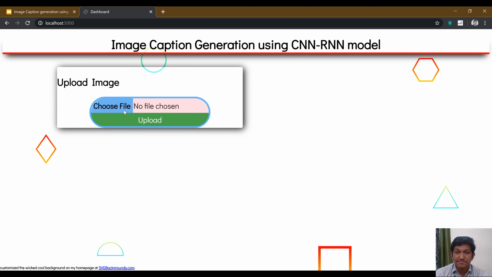This is the web interface we created to test what is happening, to know how the captions are generated for a given image. In this, we have an upload button. So let's click on the file. You can select any image here. For example, if I select this one and click on upload,